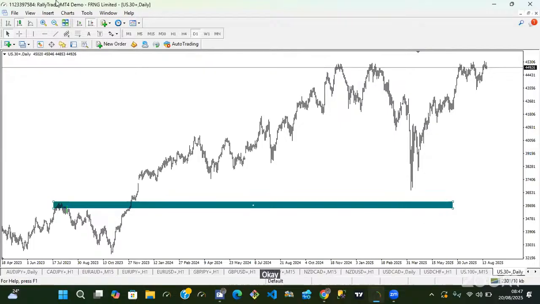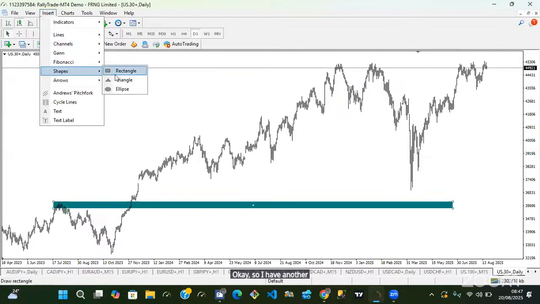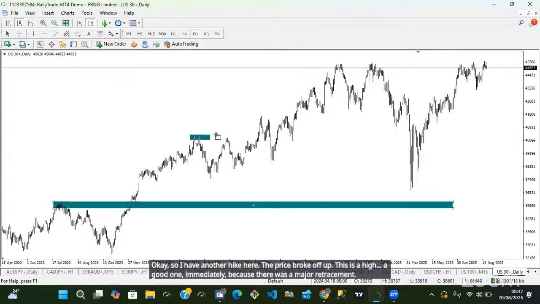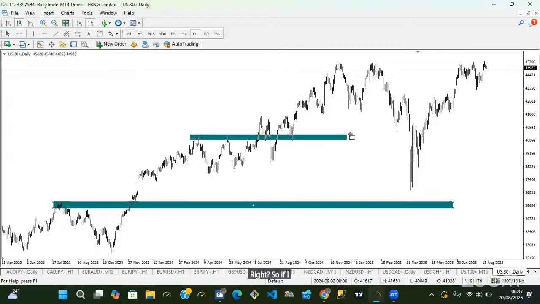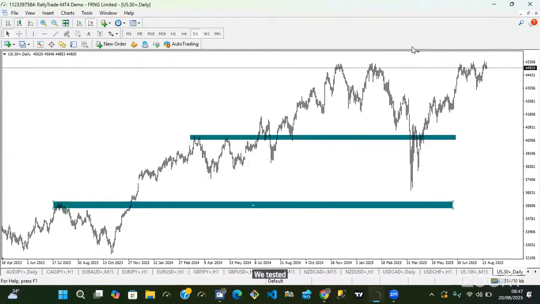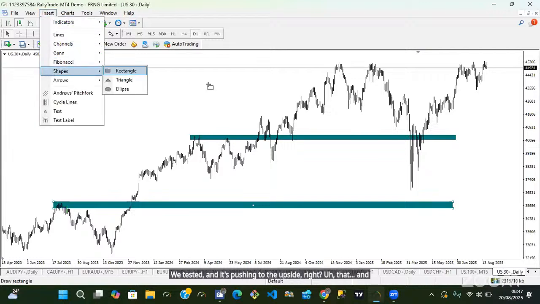Okay, so I have another high here that price broke off of. This is a good high, a major one, because there was a major retracement, right? If I mark this high, you would find out that price retested this level. When it broke above, you can see it came back, retested, and is pushing to the upside. Good. And if we also do the same thing for here,